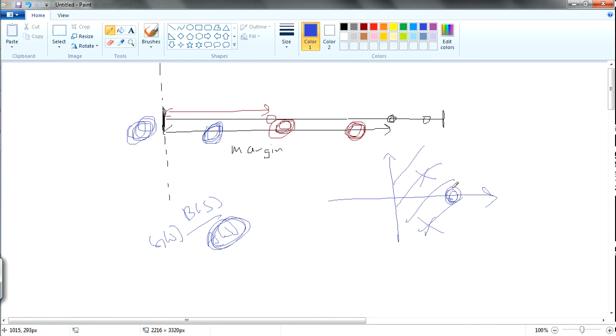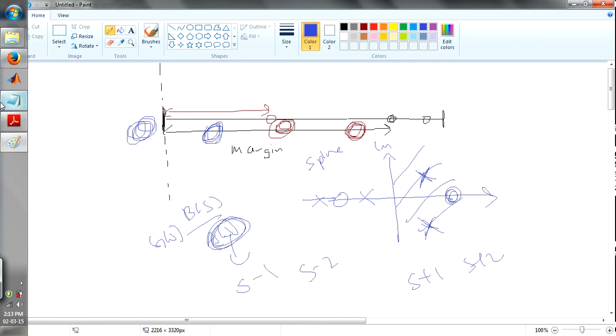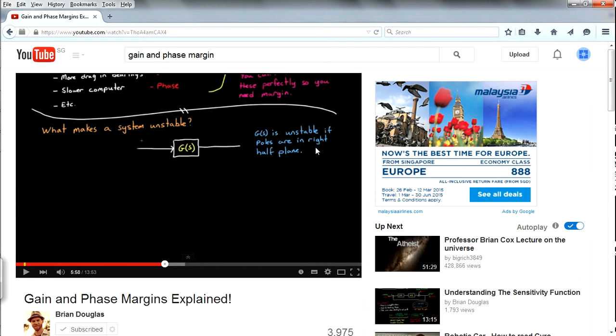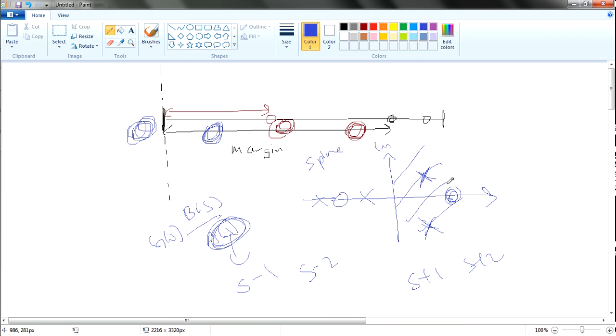If you have any pole in the right half plane of an S-plane plot, the typical thing when you want to plot your root locus is you plot your poles and the zeros, right? This is all the S-plane. So typically your denominator must not be s minus 1 or s minus 2. Typically every time you see your transfer function, you always have s plus 1, s plus 2, something like that. So it is unstable if your poles are in the right half plane, right? In this case zeros can be in the right half plane,